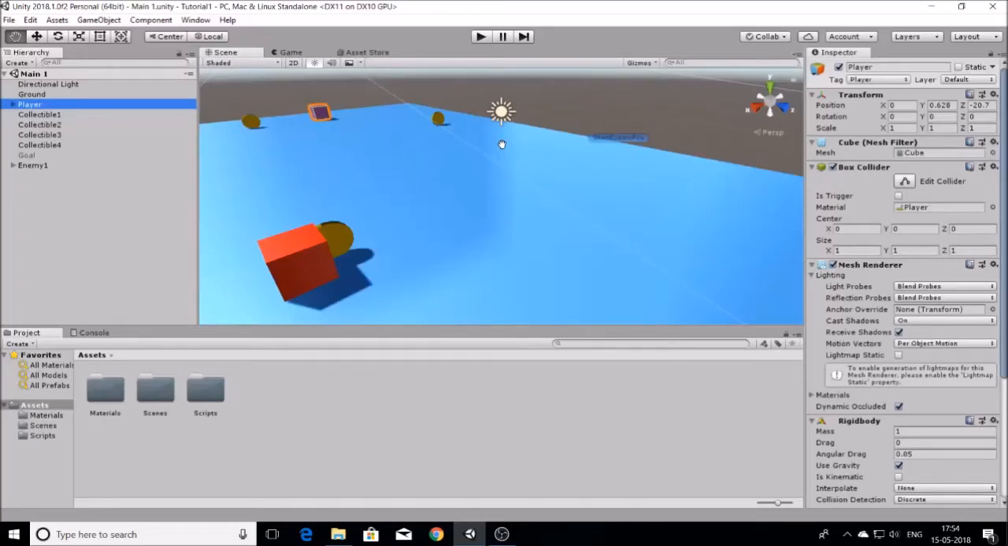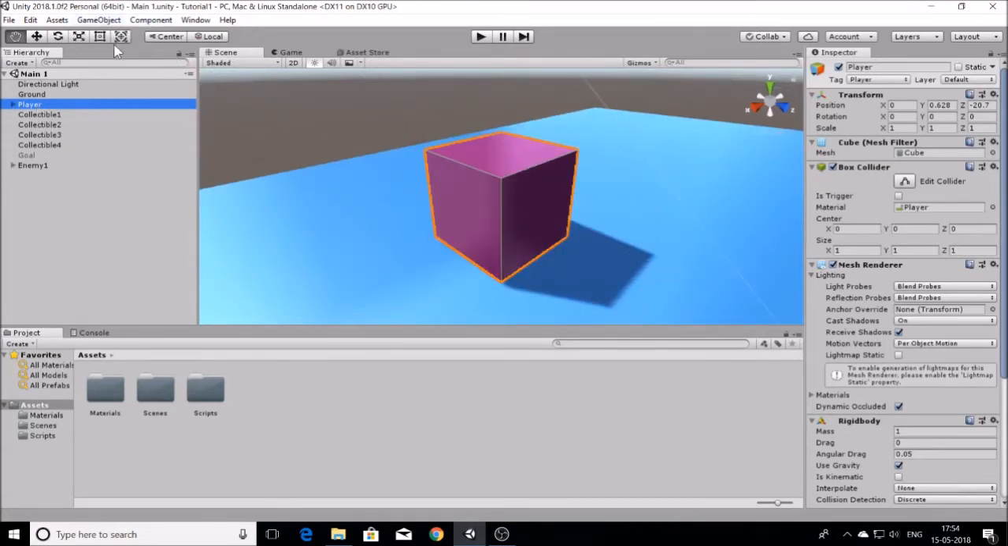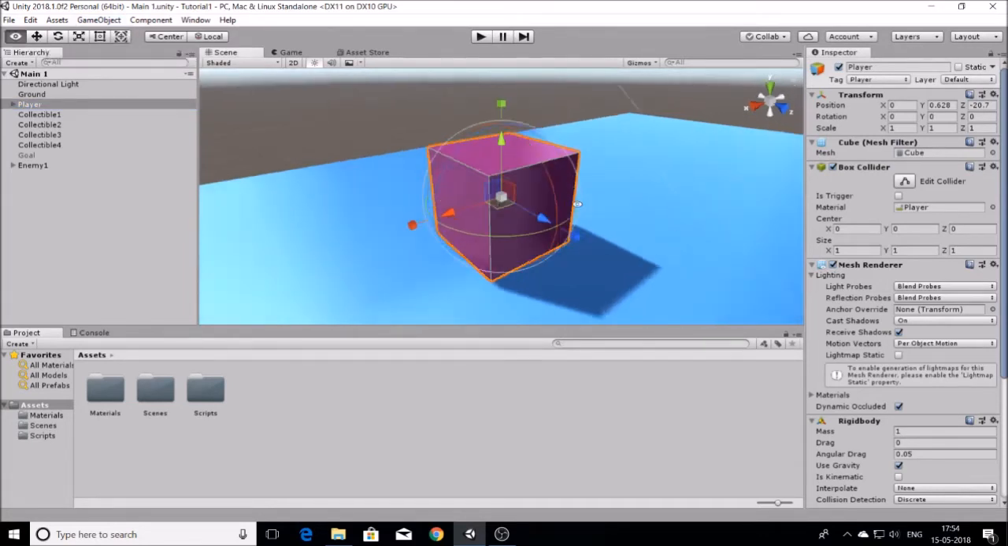Hello everyone, in this tutorial we will start shooting enemies, and before we start with this video I would like to say that I've updated my Unity to 2018.1, so there are a few changes which I will quickly go through. Firstly, there is an extra transform tool, and if you click on it you will see it's an all-in-one